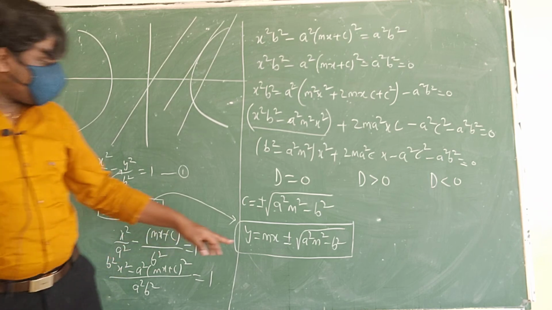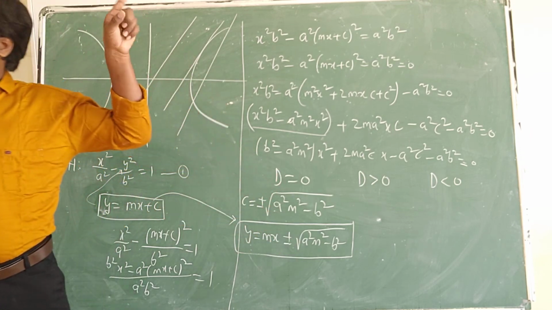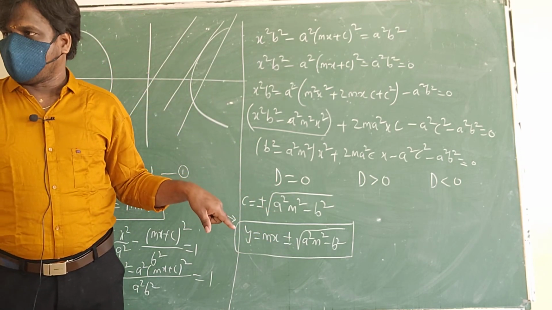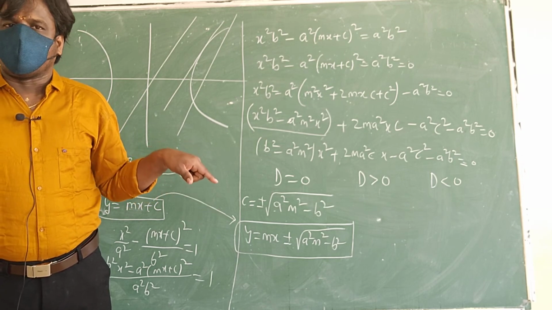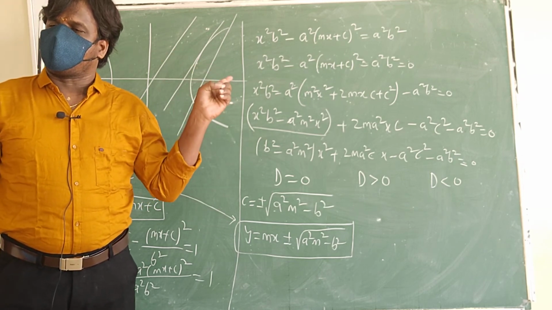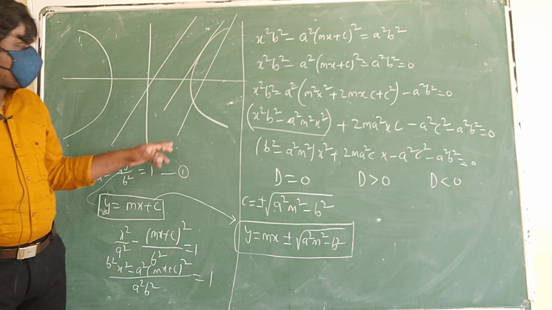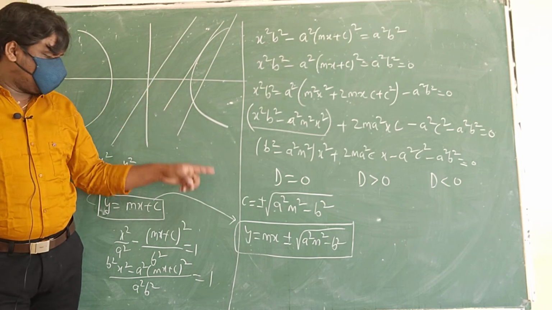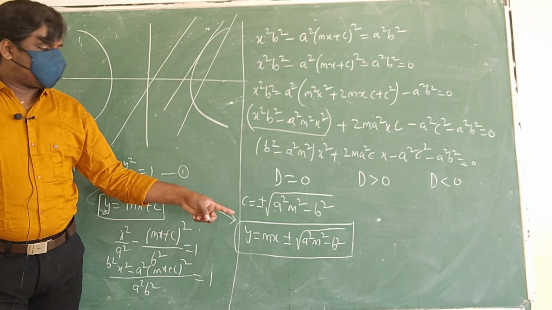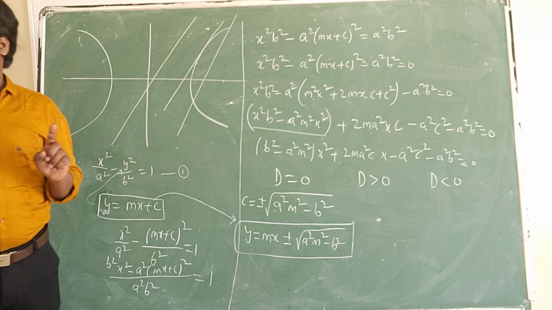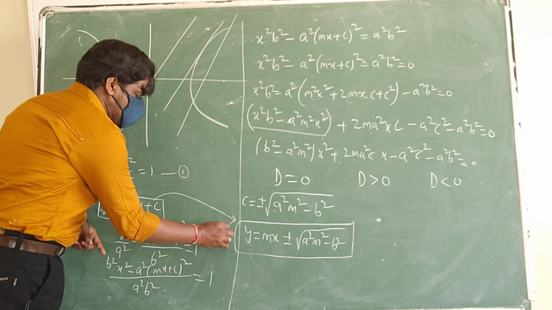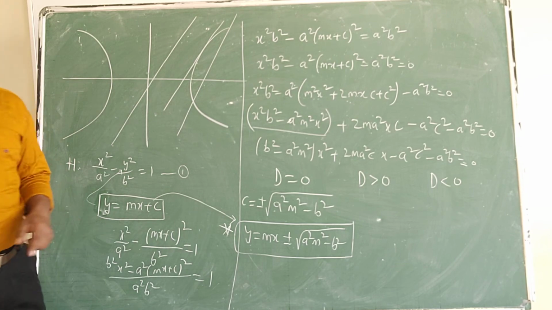So likewise you have to change here. That is the proof I gave in the ellipse, so I am not giving it here in the hyperbola. You can go and watch there if you want the proof. So the equation of the tangent condition is y is equal to mx plus or minus under root of a square m square minus b square. This is the equation of the tangent condition. Note it down.